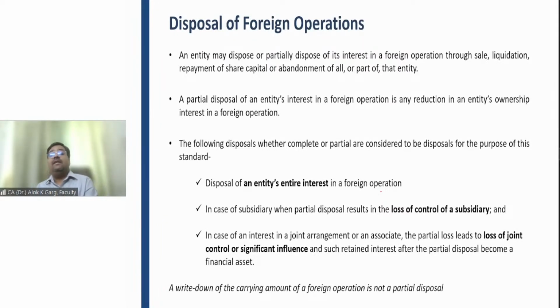Now we will be discussing what will happen if the parent is disposing of the foreign operations. For example, the parent is closing the branch outside India. The parent is losing control over the subsidiary. The parent is selling the investment in subsidiary. The parent is selling a partial stake in a joint venture or associate. This we will be discussing after, let's say it is 8:40 now. We'll discuss this